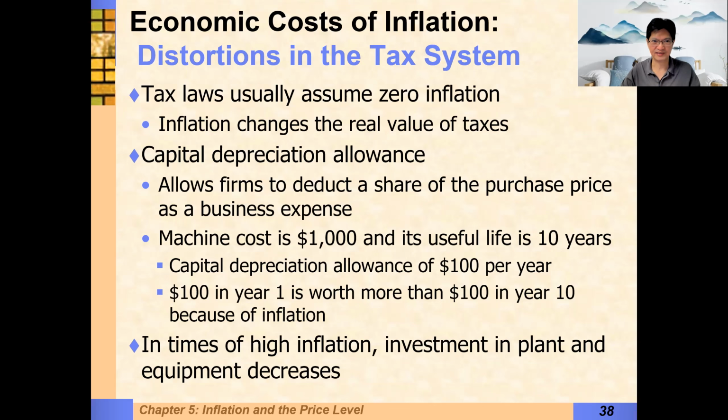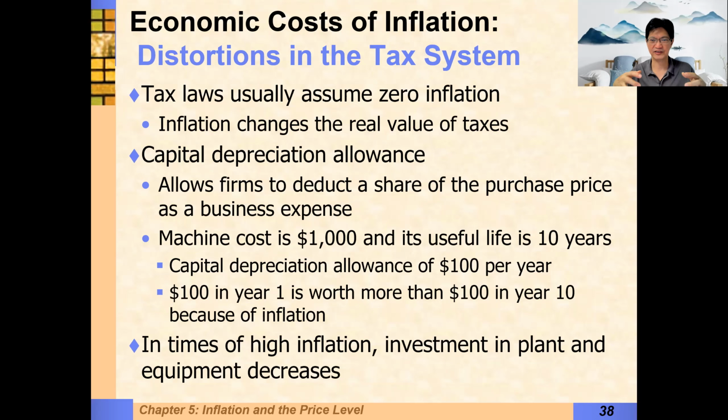An example of this is capital depreciation. So if you buy capital, you're allowed to count it as a cost. And so it reduces the profits that you have to pay tax on. So a company pays profit tax, but you can subtract out the cost of your buying capital, but you're not allowed to subtract out the full cost all at once because capital lasts. So suppose that you buy a new machine and it costs 100,000, but the machine lasts for 10 years.